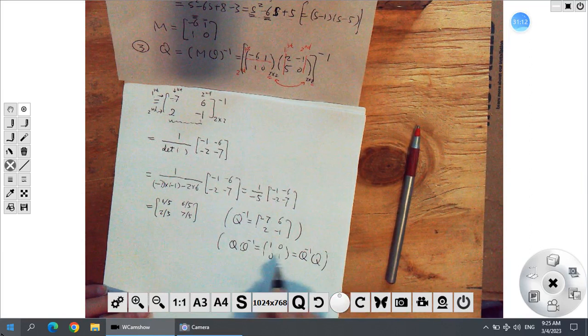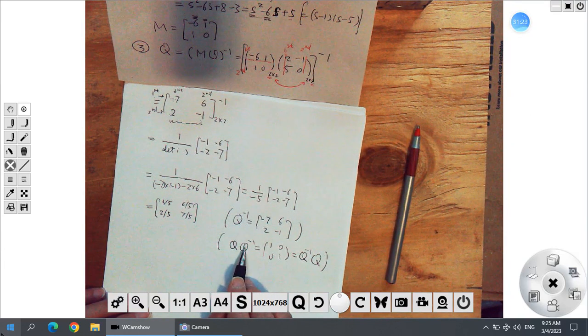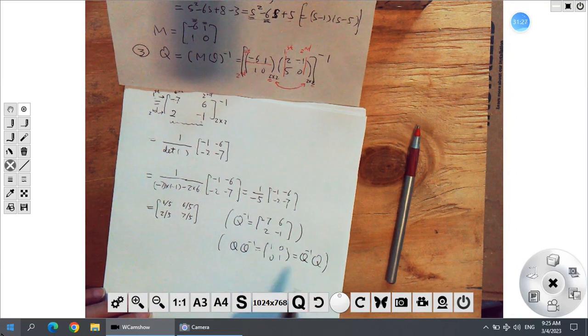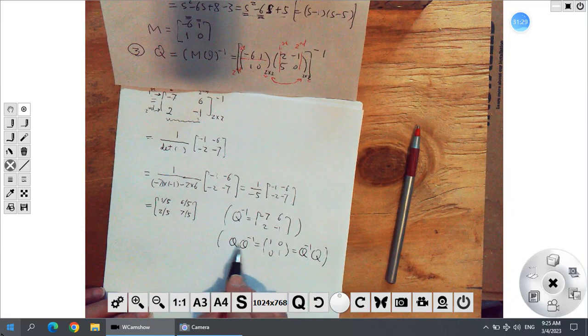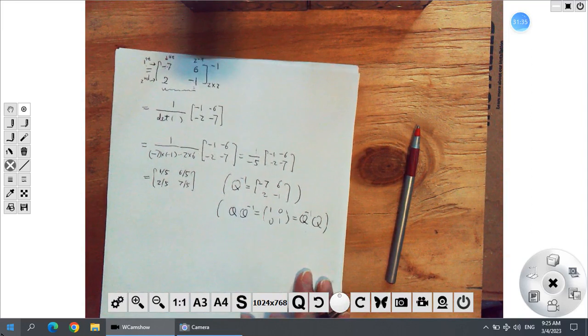But this is only for a matrix times its inverse. If they are two matrices without any relation, you cannot change the order. Change the order, you will have a different answer. Here we change the order, but have the same answer. This is only for Q and Q inverse. You can change the order. Okay, then